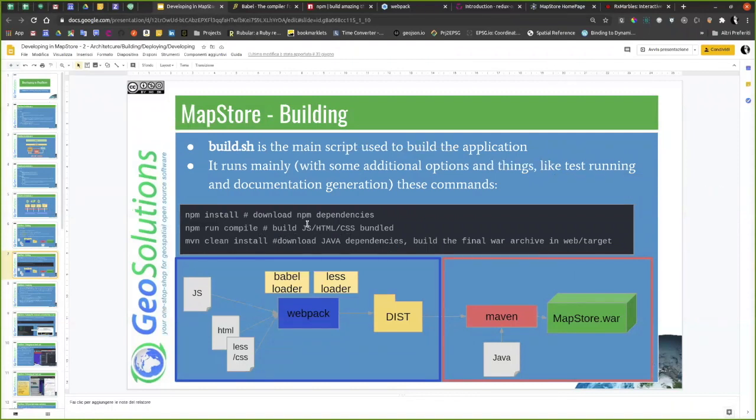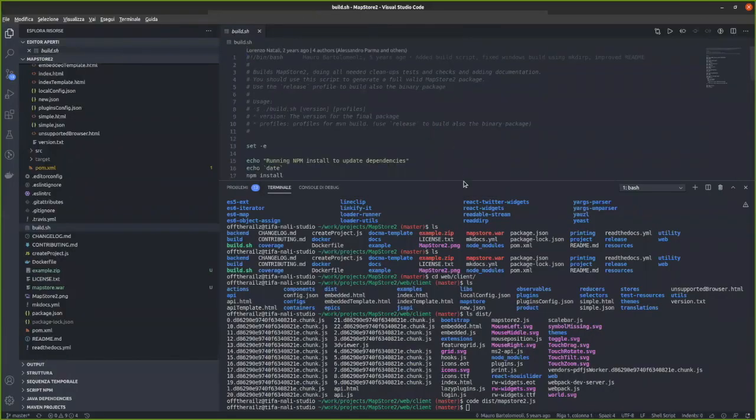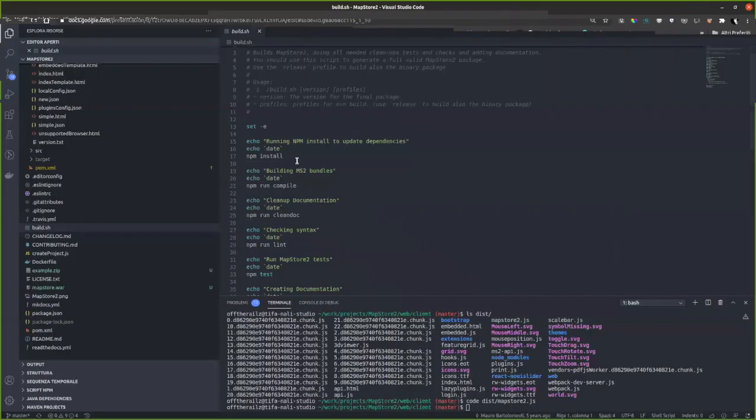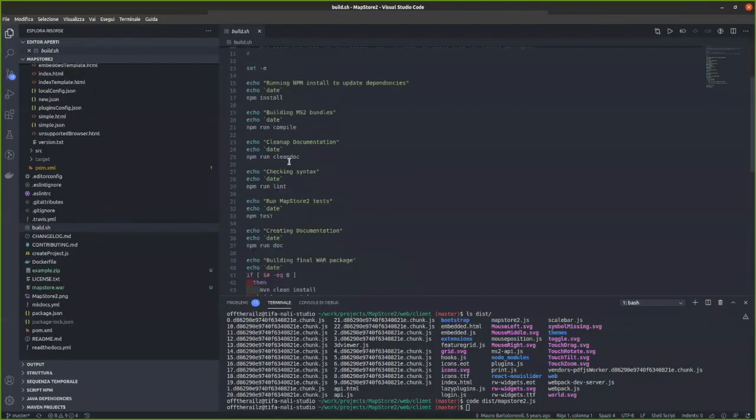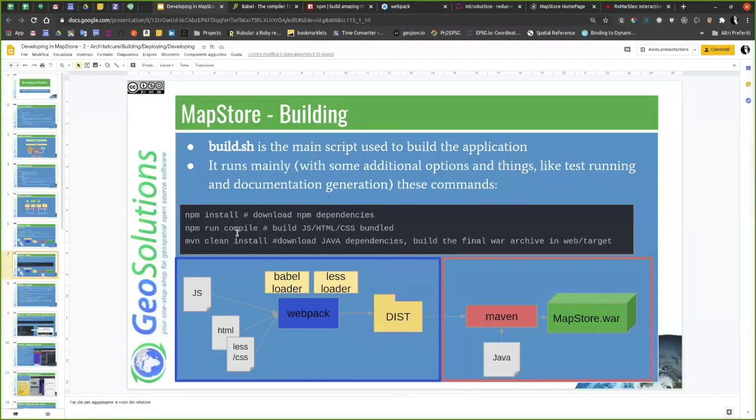So, as I said, in MapStore there is a build.sh script that allows you to run and create the final WAR file, and there are some commands to execute tests, generate documentation, and so on. But the important part is this, basically these three commands: npm install to download the npm dependencies, npm run compile that does this creation of the dist directory,